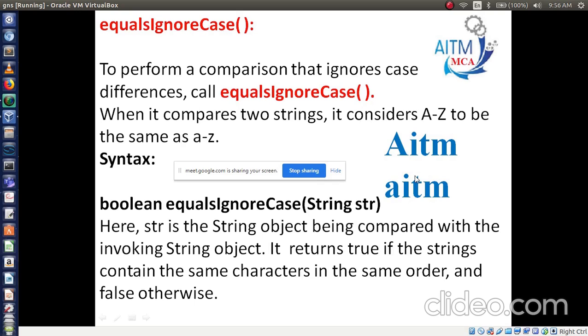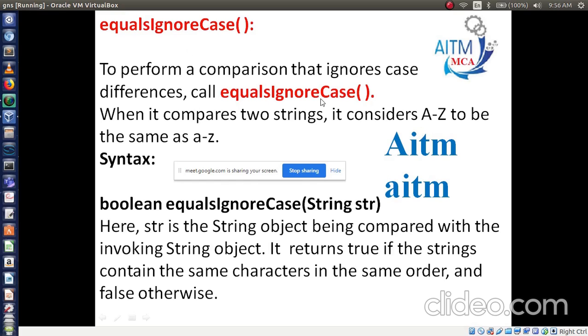So now you tell me, output is what? True. You will get true, because you are applying the equals ignore case method. Ignore capital letters or small case letters. That is the meaning of ignore case.